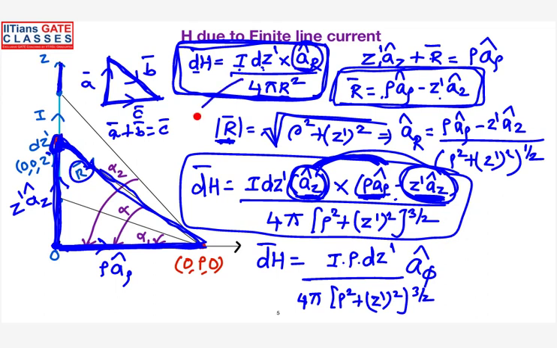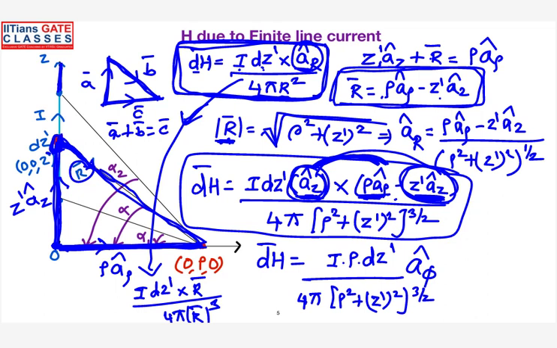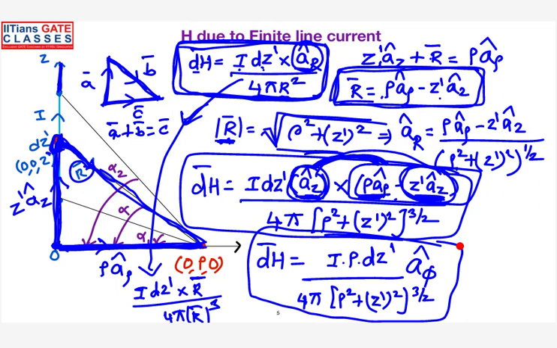When you see this equation, how is it going to become? I into dz prime, divided by, AR cap I can write as r bar by modulus of r bar. In the denominator already r is there, so the denominator becomes r cube. You got my point. Now r bar is replaced with this particular vector, and modulus of r with this one. Is it clear? Yes, sir. So finally, this is your magnetic field intensity due to a small current element.